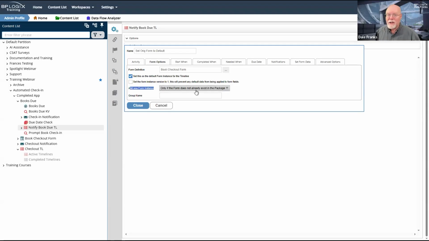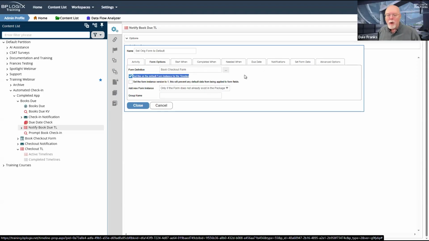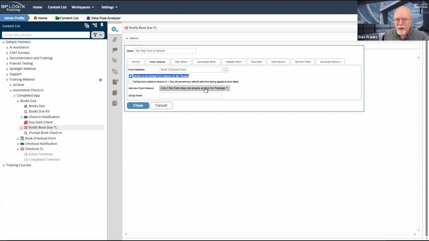So it already exists. So we're pointing to the book checkout form because we do want that form to be the default form instance for the timeline, which we set as the set this as the default form instance for the timeline property. But we want to be sure that we don't create a new version of it if the existing version exists. And what this is going to do is take the original book checkout form that was part of the checkout process. It'll already be attached to the timeline instance, and now it's going to set it as the default form for the timeline instance.